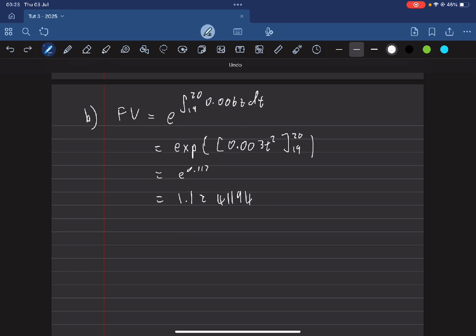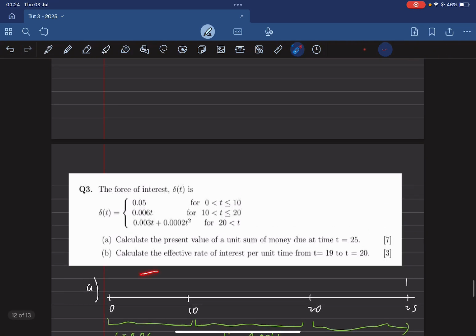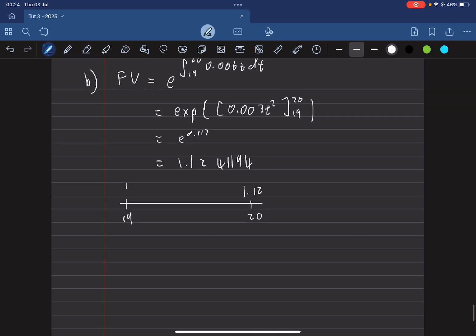Okay, so now I'll show you the reason why I did this. If we draw a quick little timeline, at time 19 we had 1, and then I future valued 1 to time 20, and at time 20 we had 1.12, blah, blah, blah. And now the question's asking, calculate the effective rate of interest. To find the effective rate of interest, we can say that 1 multiplied by 1 plus i, because this is how we do it if we had interest. If we moved it forward 1 year, it would be 1 plus i to the power of 1. And we'd say that that's equal to